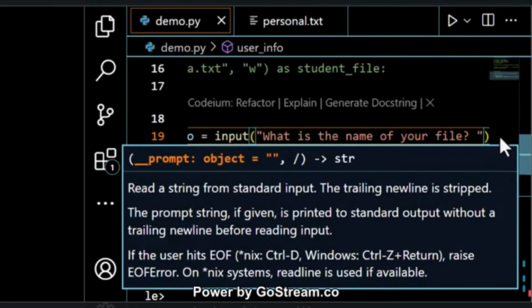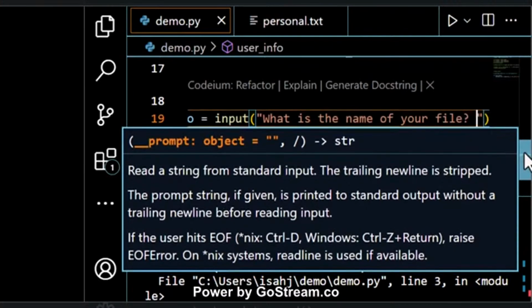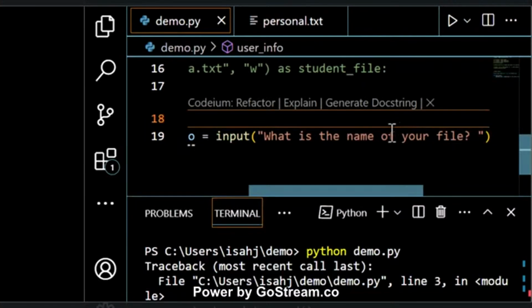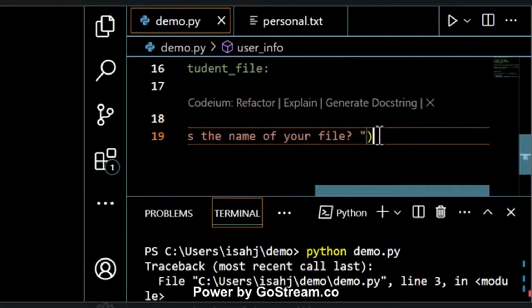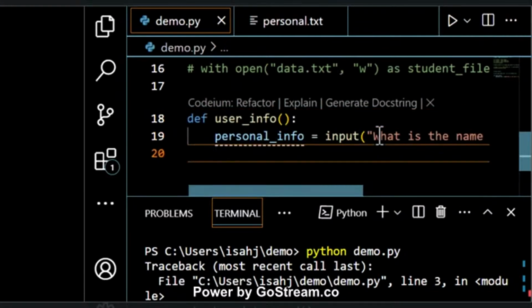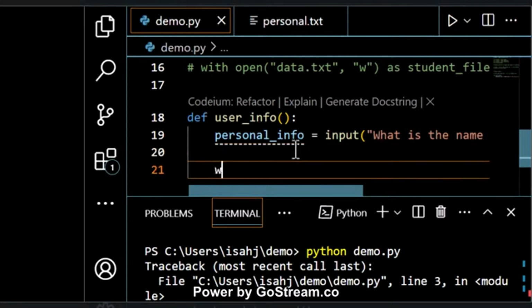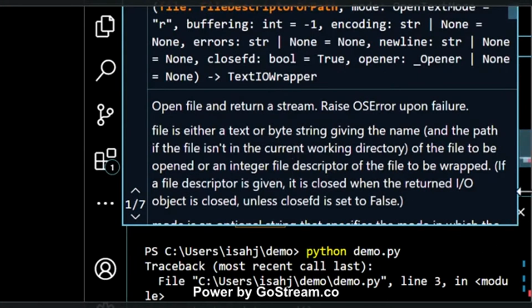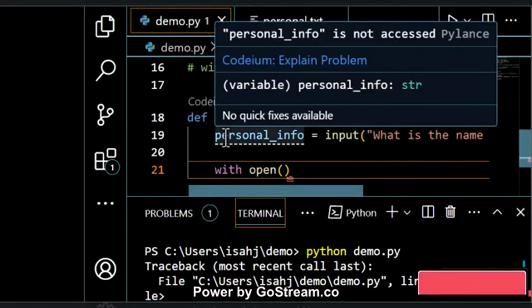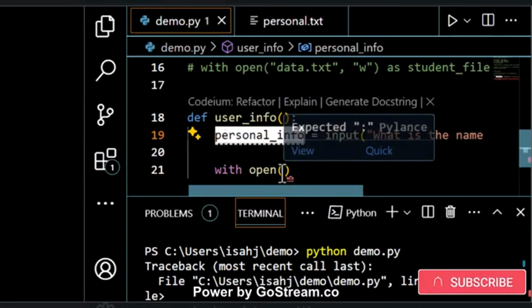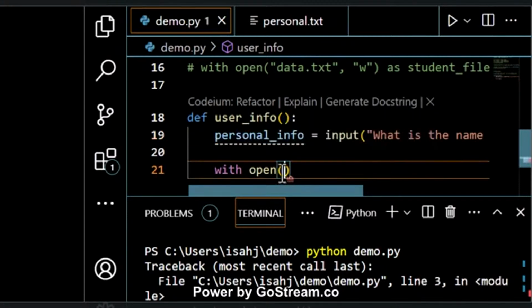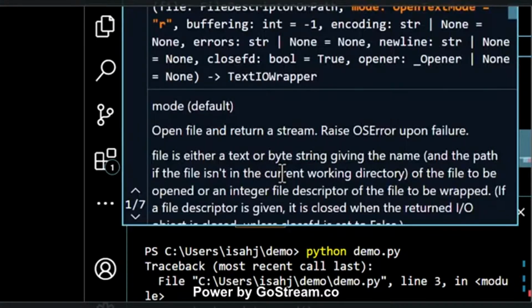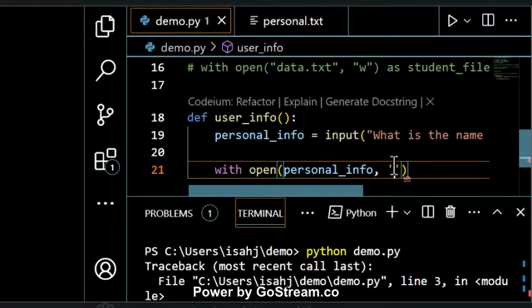So the first thing they are going to enter is the name of the file, and then they will keep adding to the file every now and then. Alright, so this is it. Now the next thing we are going to do is create a file. Now remember what I said earlier, we are going to use the with keyword. So we say with, and then open, then a parenthesis, and inside this parenthesis we are going to have our variable, this personal_info. We are going to pass it in here. Then we say comma, and we are going to have the append method here as